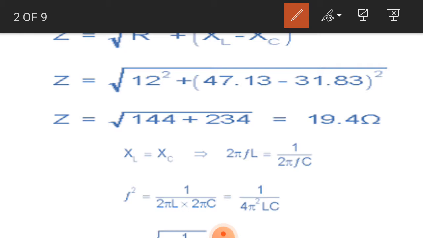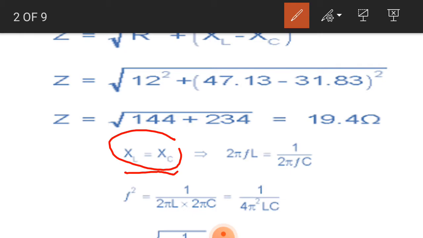We also discussed the case when XC is exactly equal to XL. Then Z becomes R, and we call it the resonance condition. The current is also maximum, I is equal to Vm by Z. Z becomes minimum, that is R, so the current becomes maximum. So we call it a resonance condition.